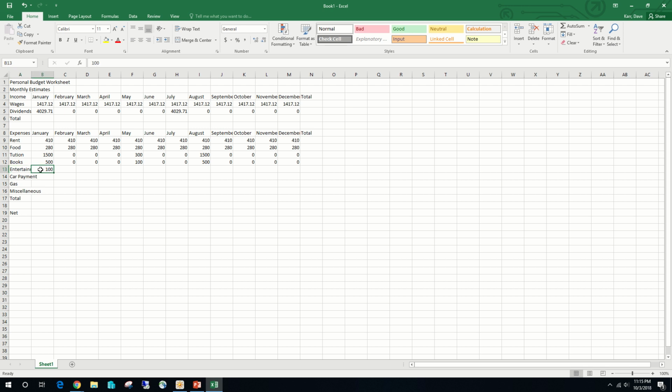All right. Now before we go ahead and copy 100 all the way across, if we look at the chart, we'll see that our car payment, our gas, and our miscellaneous are the same expense every month of the year as well. So if we go ahead and type our car payment right now, which is 215.47, and we type our gas, which is 100, along with the miscellaneous of 100,